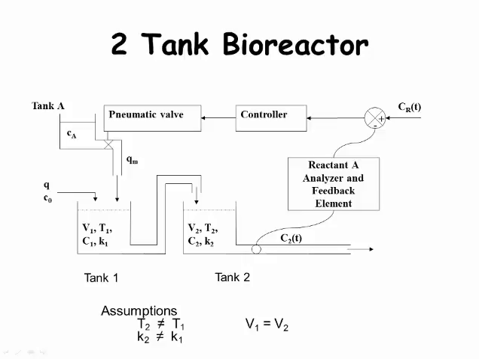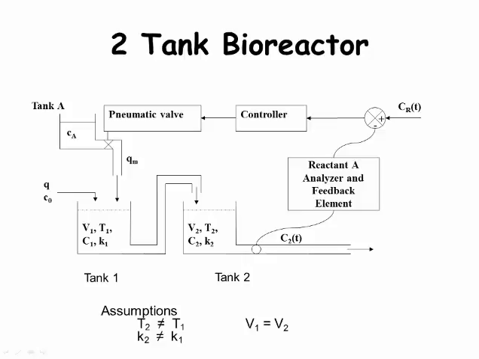We have a sample line and reactant A analyzer that determines the concentration of reactant A in the tank 2 outlet, C2. For the bioreactor to work properly, we need to add reactant A to tank 1 to get the desired concentration of reactant A coming out of tank 2. The amount of reactant A added from tank A is controlled by a pneumatic valve. We are using negative feedback control with a set point concentration CR. Additional details are in the course packet.